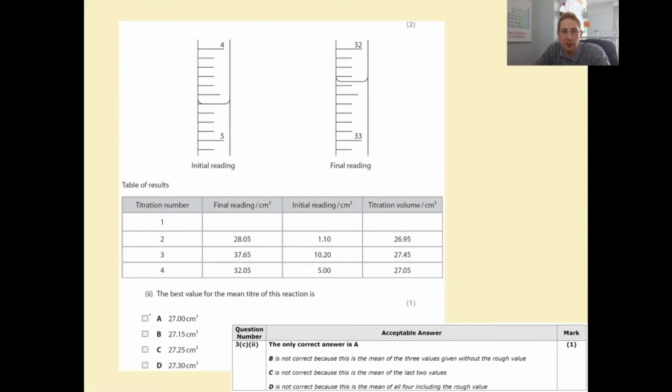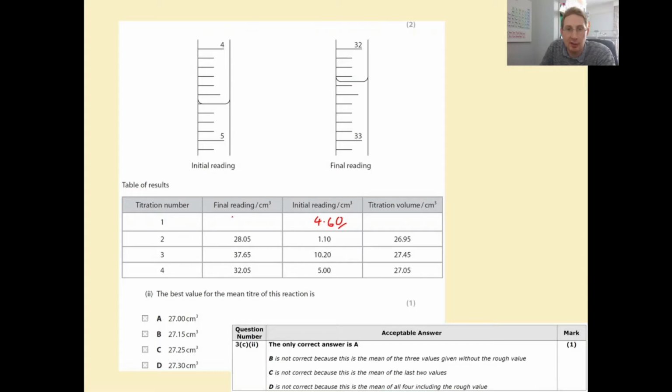Here are your results. So you've got to fill in the table here with the initial reading, the final reading, and the titration volume. Well, the initial reading 4.1, 2, 3, 4, 5, 6. So 4.60. Don't forget to record it to 2 decimal places,